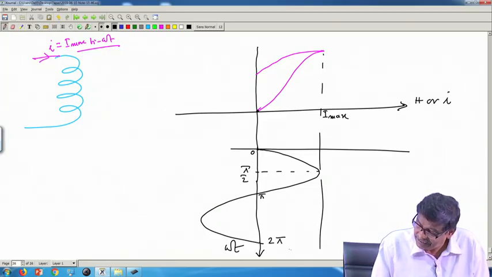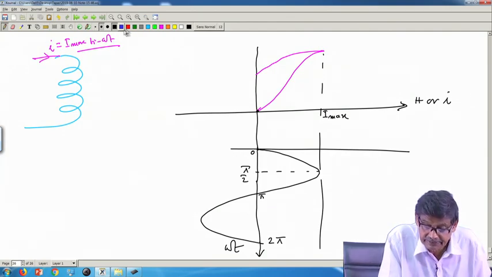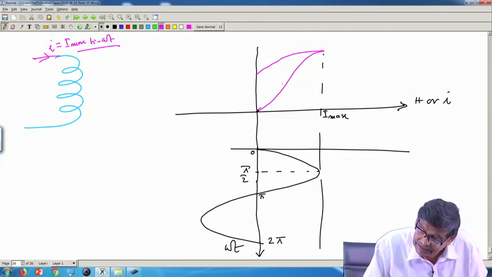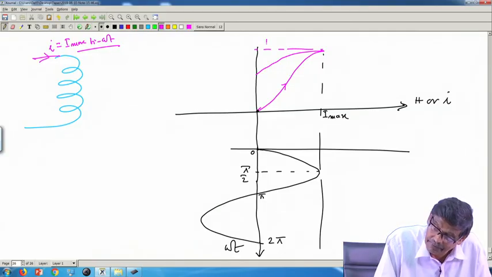And of course, the cycle repeats, only one cycle. So, it has gone like this, it has increased,